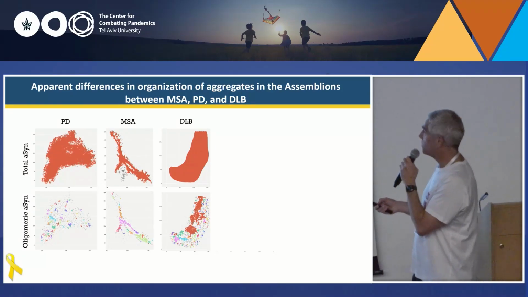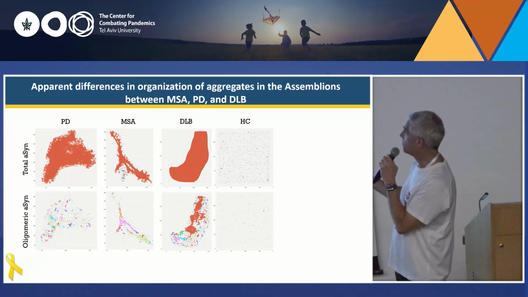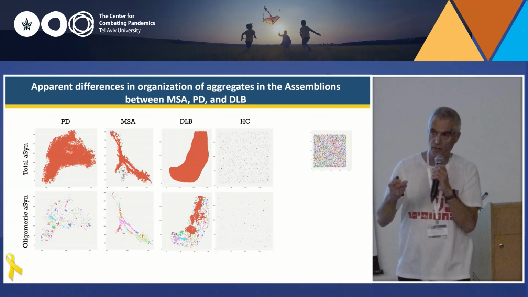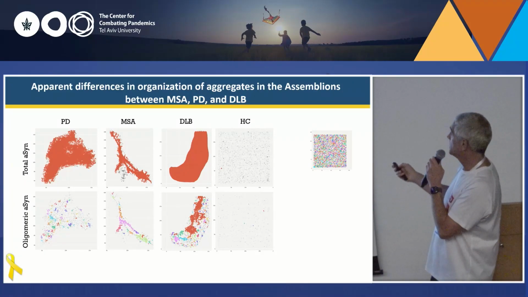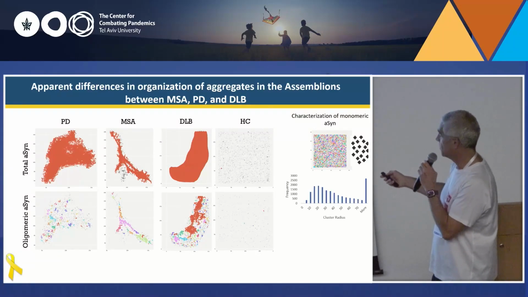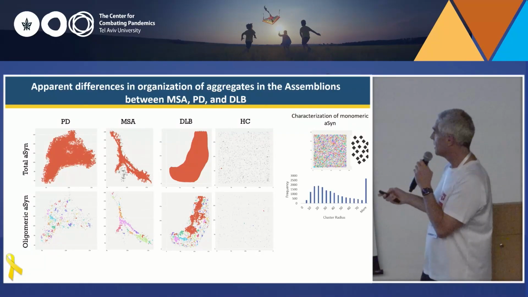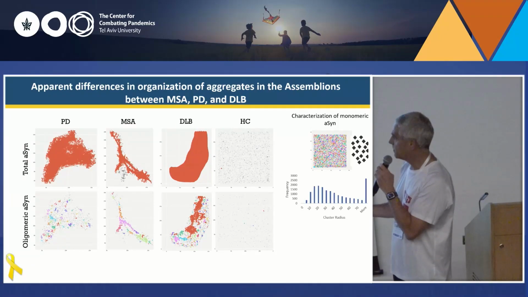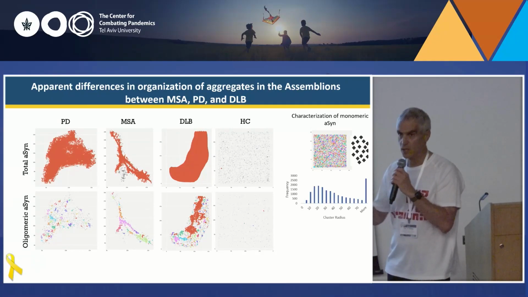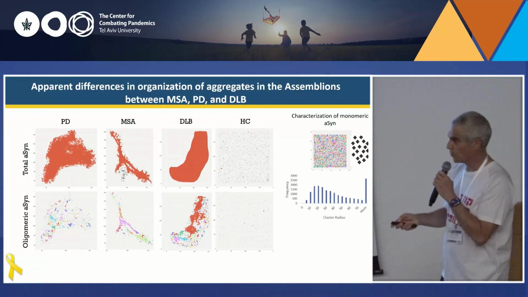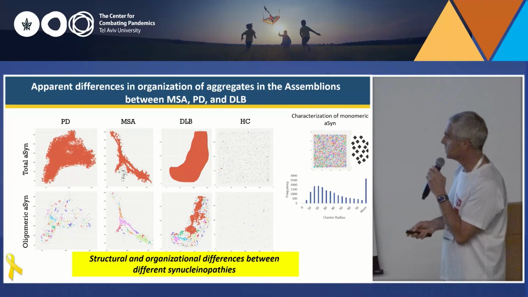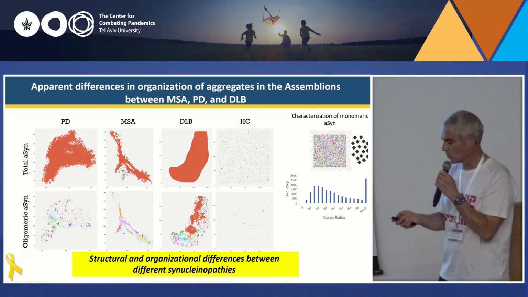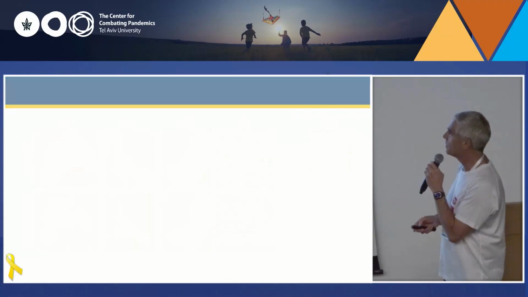In addition, when we looked at the monomeric form of alpha-synuclein, we can identify, quantify, and characterize how monomers look in the system, and basically say that the monomer for us has 20 blinkings, the size is XYZ, and then we can go back to these places and maybe suggest that we have here oligomers of 20 or 30 or more points. So there are structural and organizational differences between the different synucleinopathies, and this is something that we are proceeding with.